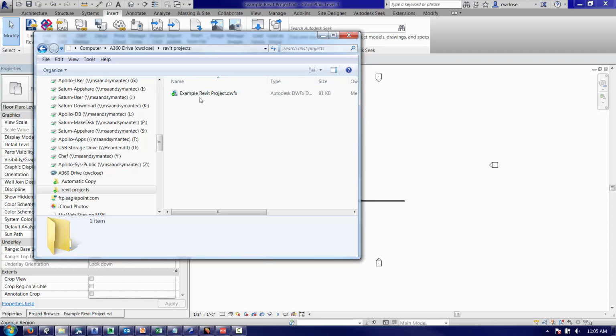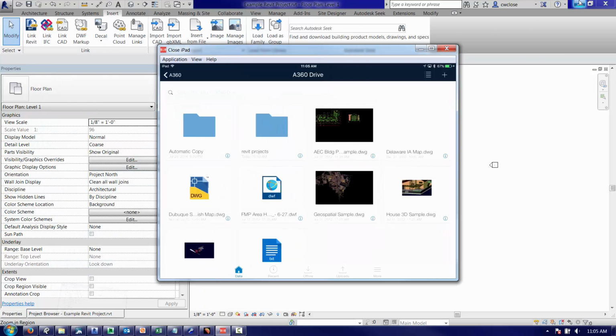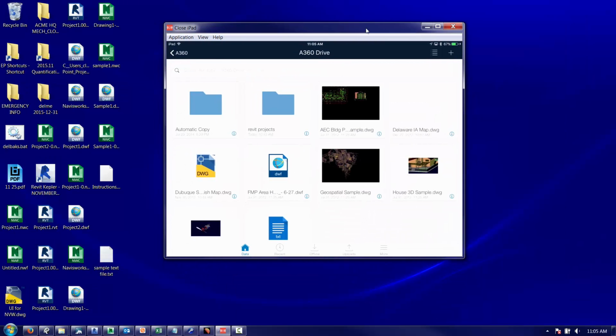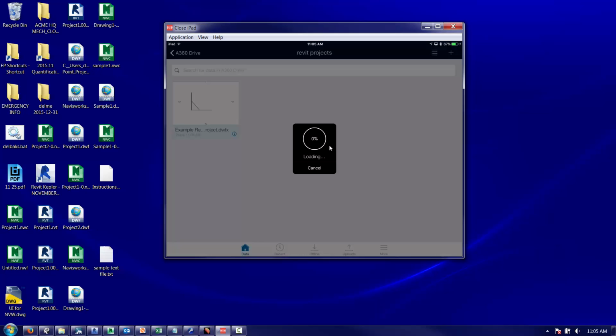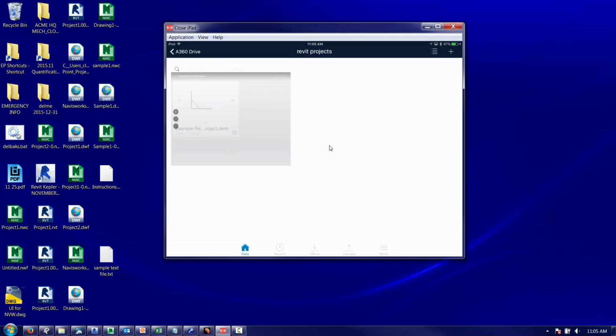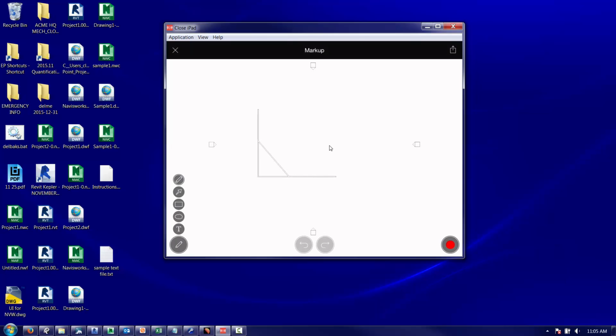Now I want to edit this on my iPad. So I've got my iPad mirrored here, and that's my iPad. I'll just minimize everything so you can get a feel for me working on my iPad, and it's in that Revit Projects folder. So I'll click on that, and there's the DWFs file. I'll open that. Take a second for that to load, and once it does, there's my DWFs. I'll make a markup here. We'll just do a little cloud markup,